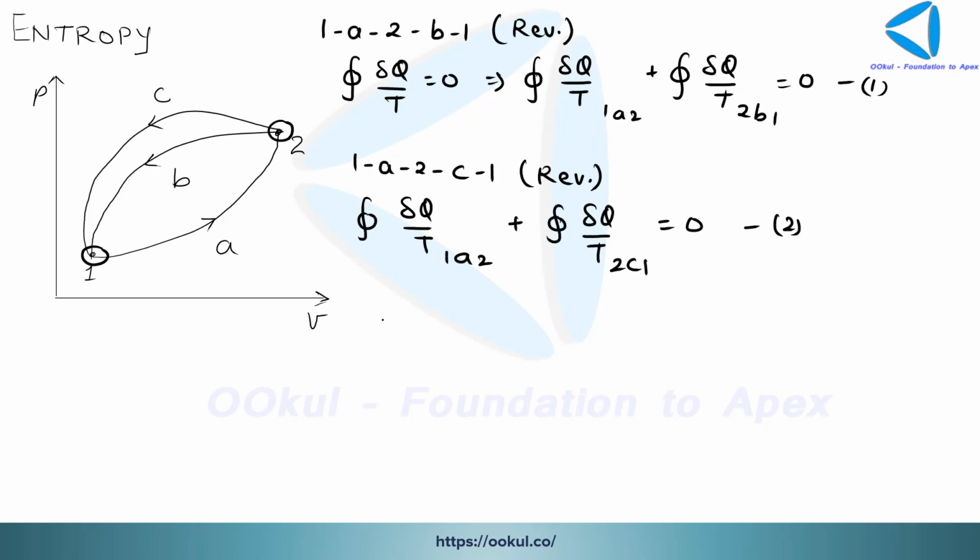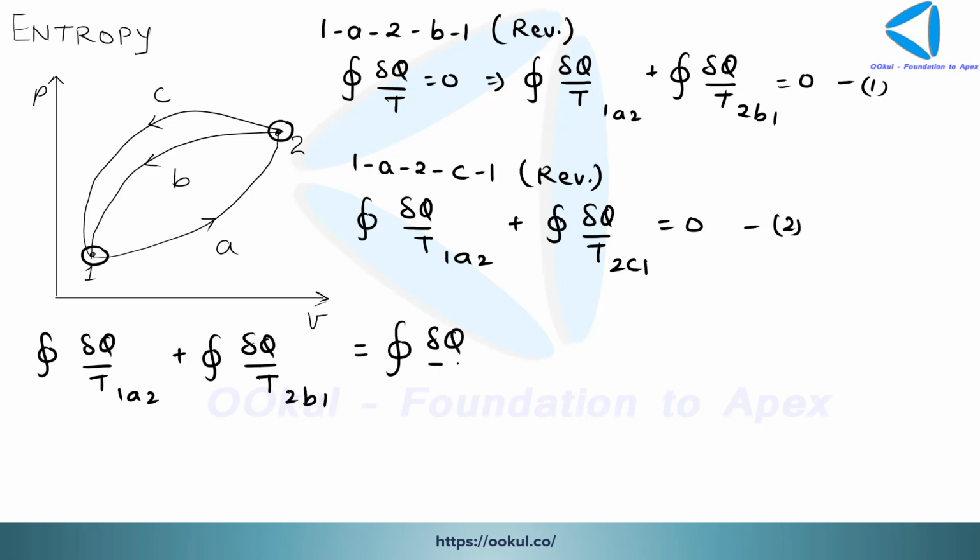Okay, so from 1 and 2 we have the right hand side equal to 0, so we can equate the left hand sides. We can write it as cyclic integral of delta Q by T 1A2 plus cyclic integral of delta Q by T 2B1 is equal to cyclic integral of delta Q by T 1A2 plus cyclic integral of delta Q by T 2C1. So we have this term and this term same, so they get cancelled. Now we have, since the state points 1 and 2 are same,